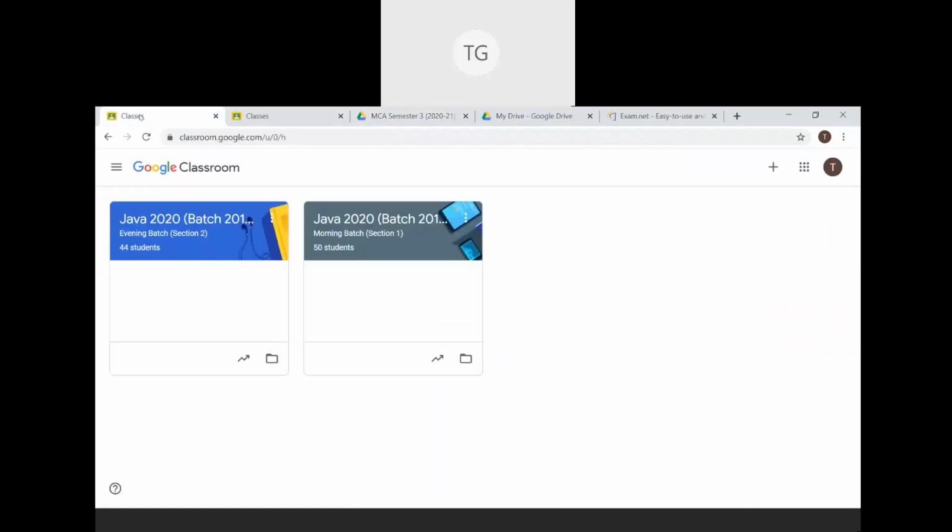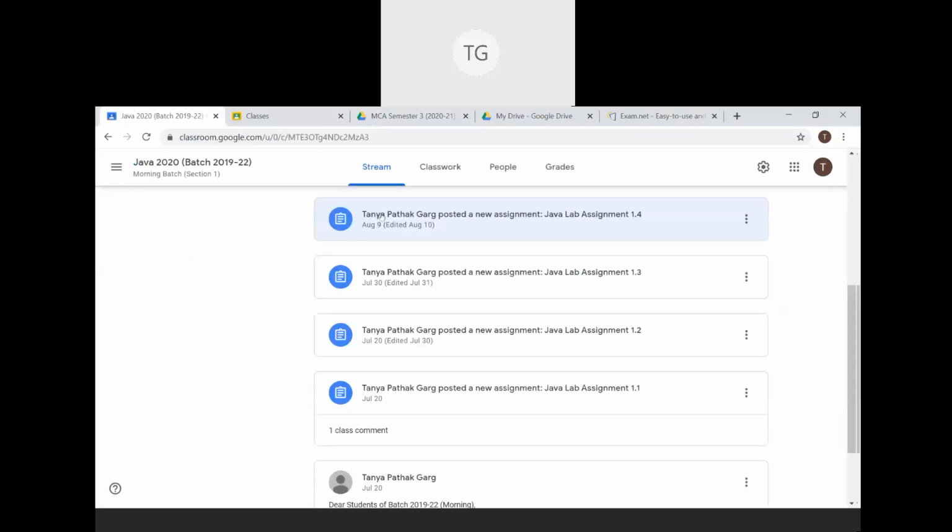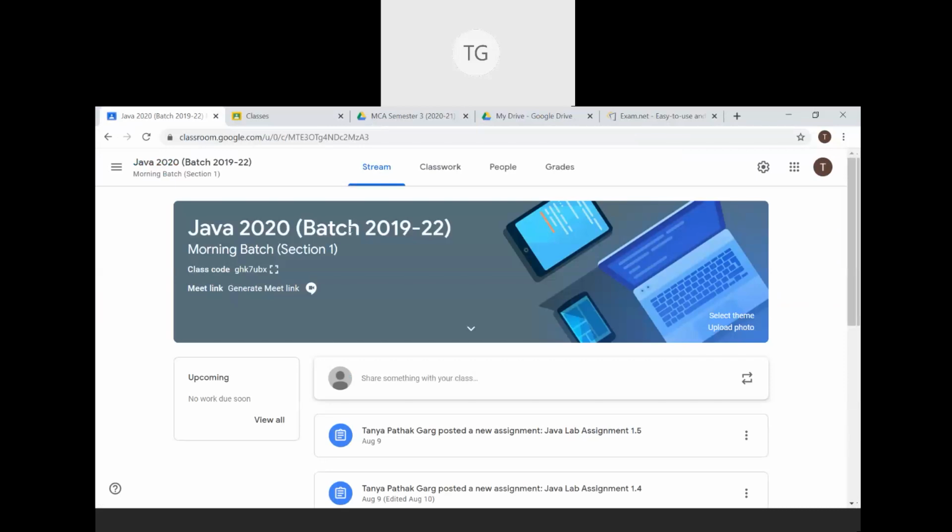Now I'll walk you through a G Suite account. This is my G Suite account or my organizational account registered with the G Suite for Education. In this account, there are certain additional privileges from a basic account which are available. Like these are the two classes that I have created. When I access a class, you see on the stream page, there are certain additional operations which come up.